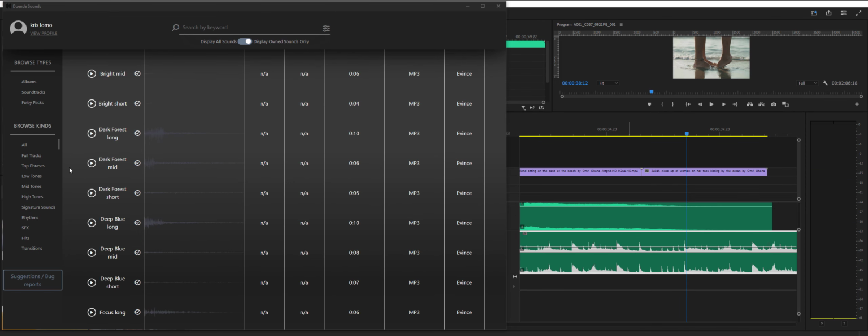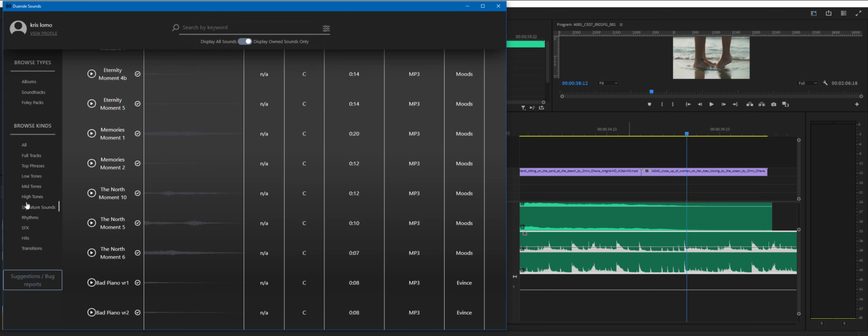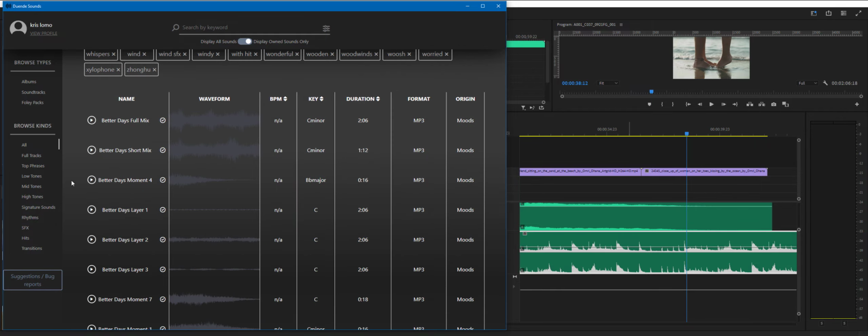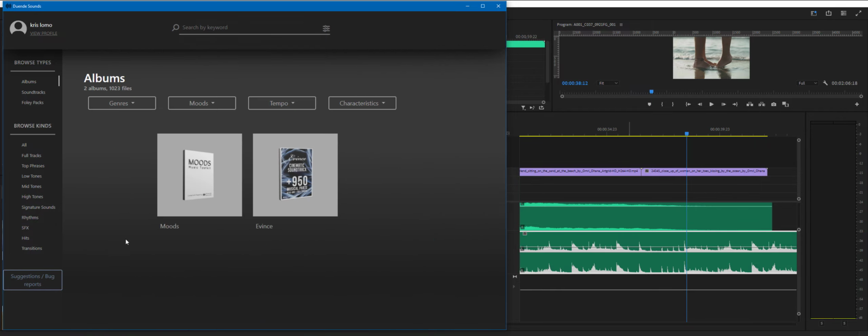And the other sections you can find on the left hand side are your sound effects over here, hits and transitions. We'll be introducing more and more sections as time goes. Those are the sounds coming from all the packs that you own. But for now, we have only those two, moods and the events, tagged and ready to be used within the